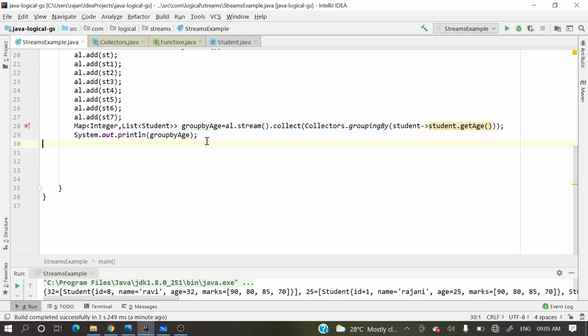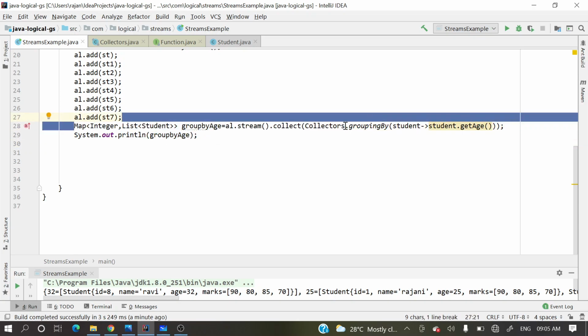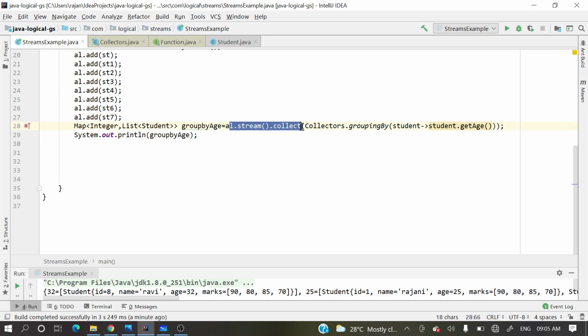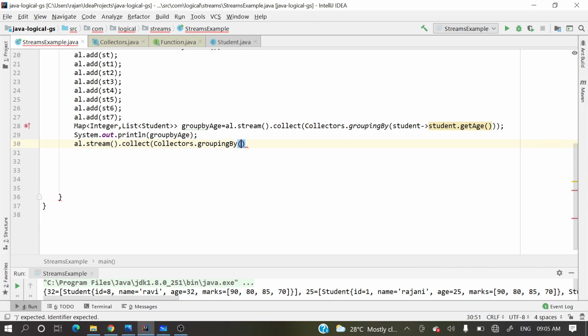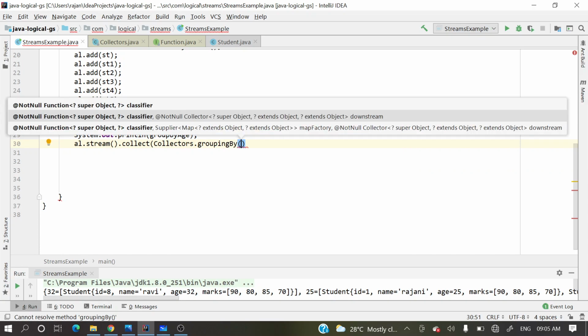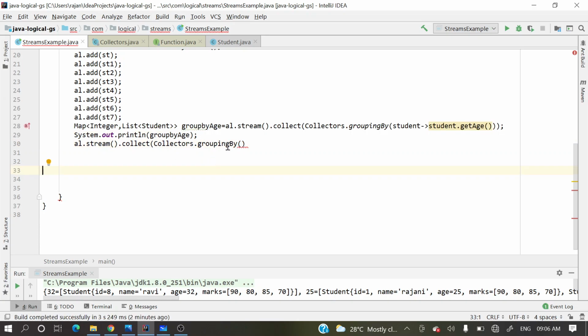Now let's move to the second overloaded method, right? What exactly will it do? Let me write this: al.stream().collect(Collectors.groupingBy(function, collector)). If you want to perform any reduction operation, then at that time we can go for this overloaded method.